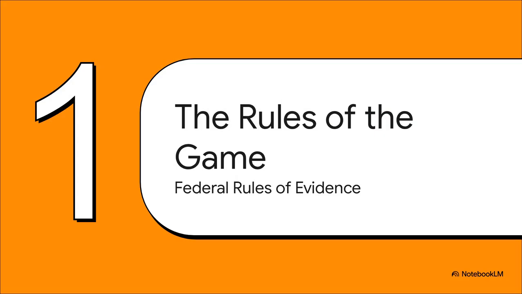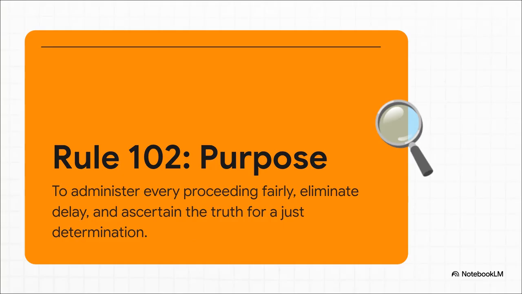Well, the answer to that terrible scenario, like most things in the law, it all comes down to the rule book. And for us, that's the federal rules of evidence. You got to think of these as the official rules of the game for any trial happening in a federal court. So these first two rules, they kind of just set the stage for us. Rule 101 is as simple as can be. It tells us where we're playing this game. U.S. federal courts. Easy enough.